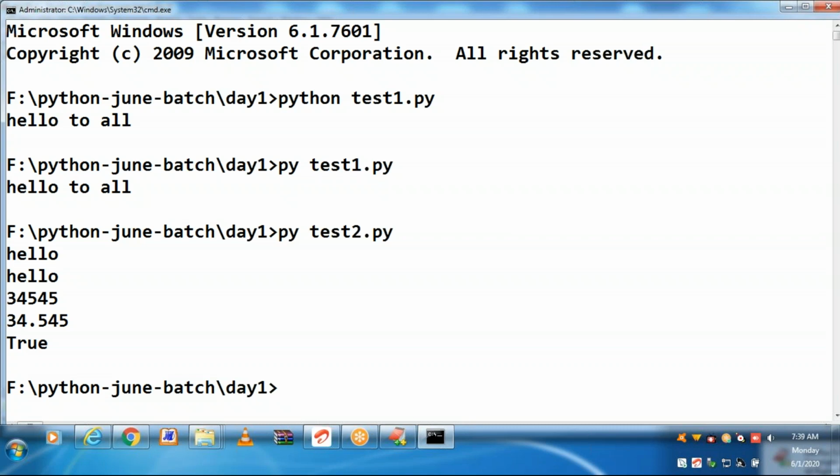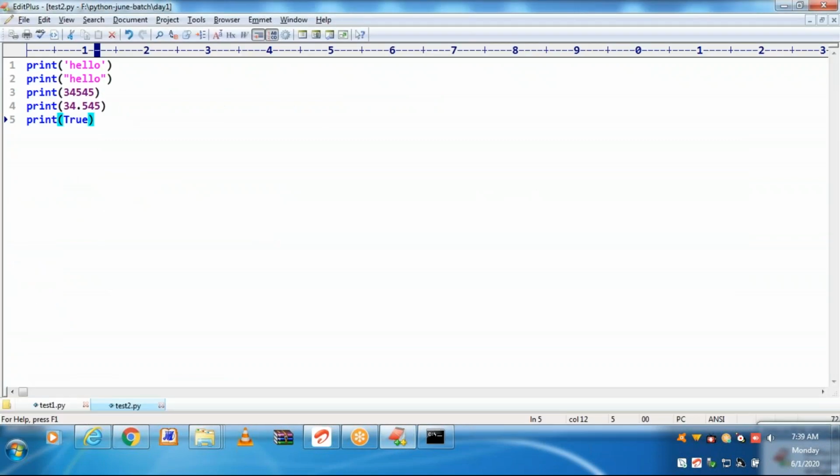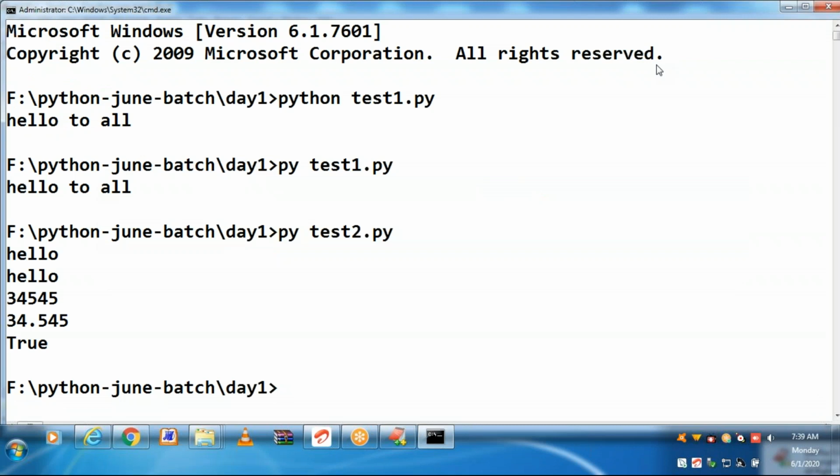One more very important point you have to observe. The print method, you can call like a function, print function. After printing, automatically it is going to the next line. That is why we are getting output in different lines.